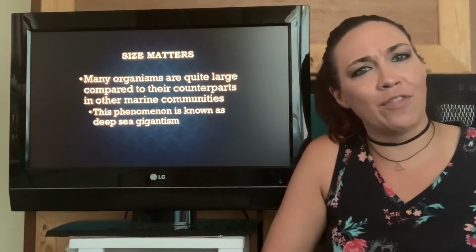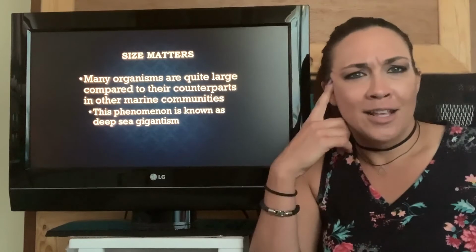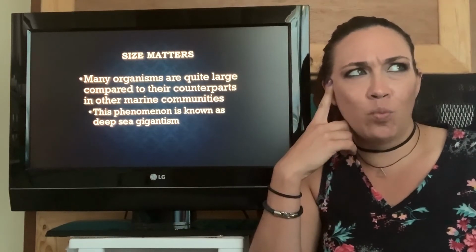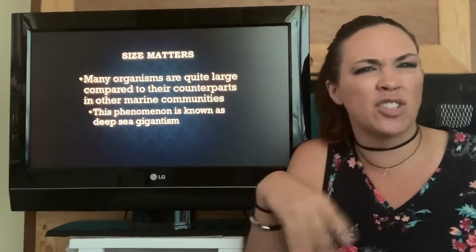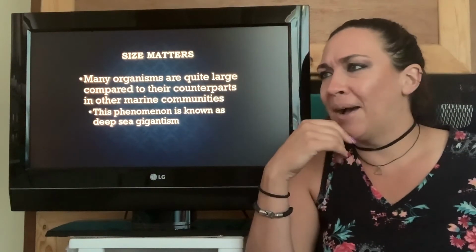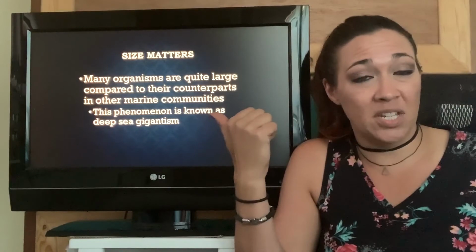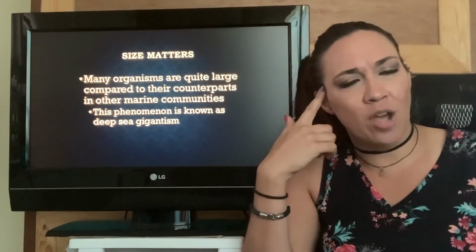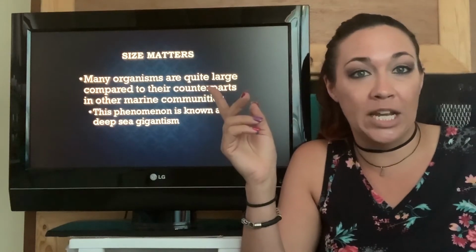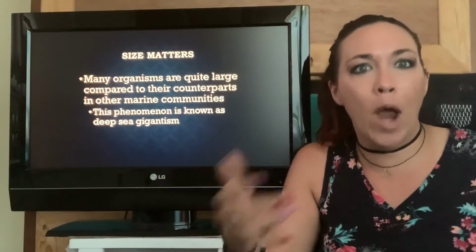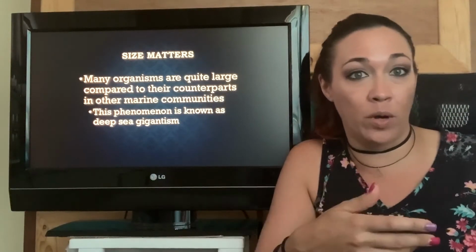So we briefly mentioned this, but some things that live on the bottom of the ocean are actually way bigger than you would expect them to be. So in the meso and the bathypelagic, food is scarce, oxygen can be scarce. But here in the deep sea, the abyssal plain, it's kind of like the opposite. Now we have a ton of food. We have a ton of these different resources that we need. And so some of these organisms actually get way larger than we see